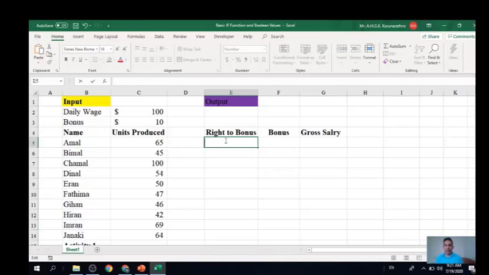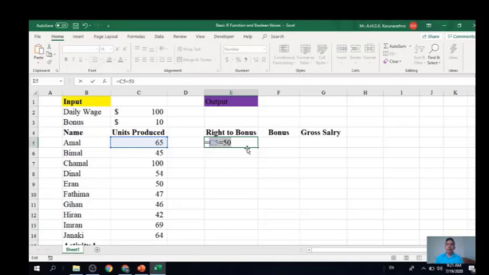So how can we start? We can first type the equal sign to say that we are going to write a formula. This equal sign is used in Excel to say that you are going to write a formula. Then what we want to ensure is whether this output level is equal to 50. Now this equal sign is a part of your Boolean operation. So accordingly you can see C5 equal to 50. This is what we are going to test. We are going to test whether the value appearing in the C5 cell is equal to 50 or not.